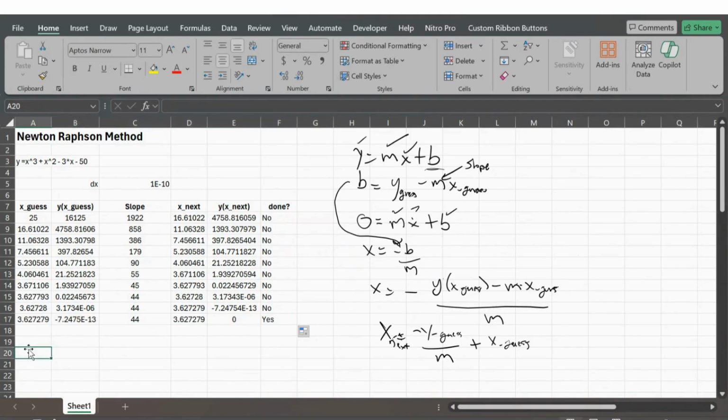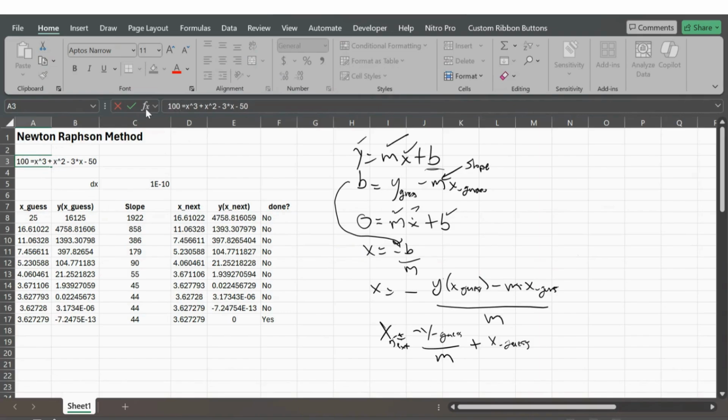So the reason that that's useful is, you might be looking at this and saying, who cares? Why do I need to find a root? Well, it's useful because a lot of times you'll have an equation like this. You'll have some kind of curve. And if you plug in x values, you can find the y value all day long. But a lot of times it's the case where you know a y value that you want to get, and you need to figure out what x value you need to plug in to get that. So as an example,